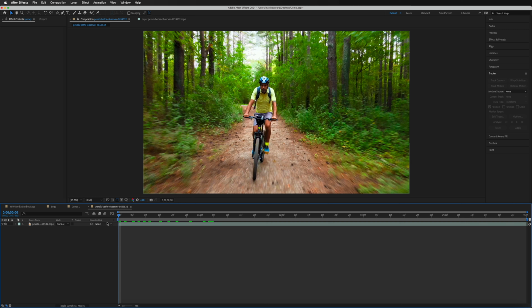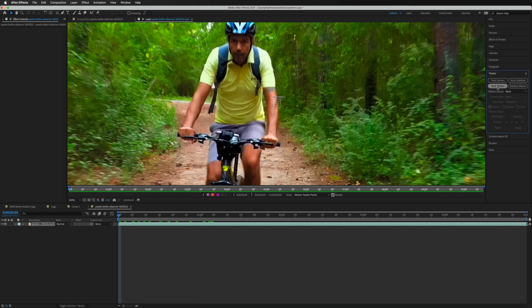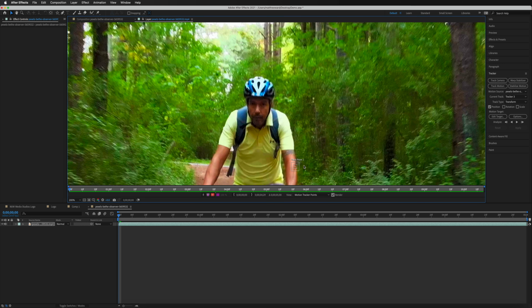So just like before, we're going to go into our tracking menu, select our clip first. Then we're going to go on to track motion. Once again, we are going to move it over the helmet. So I'm going to hold down spacebar on my keyboard while I drag this up into position. Then we'll drag our little box. And I'm going to track a part of his helmet, which is going to be quite easy to follow. So maybe that black part right there.